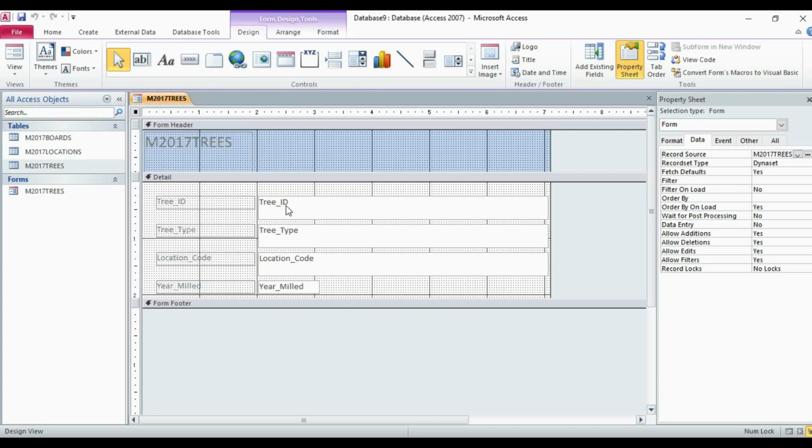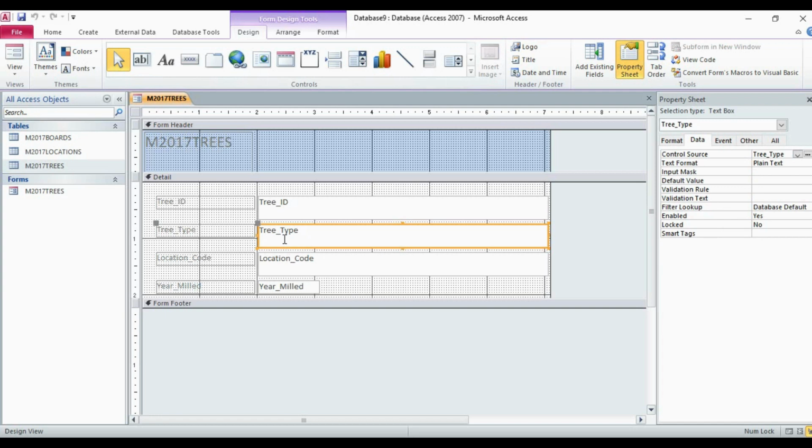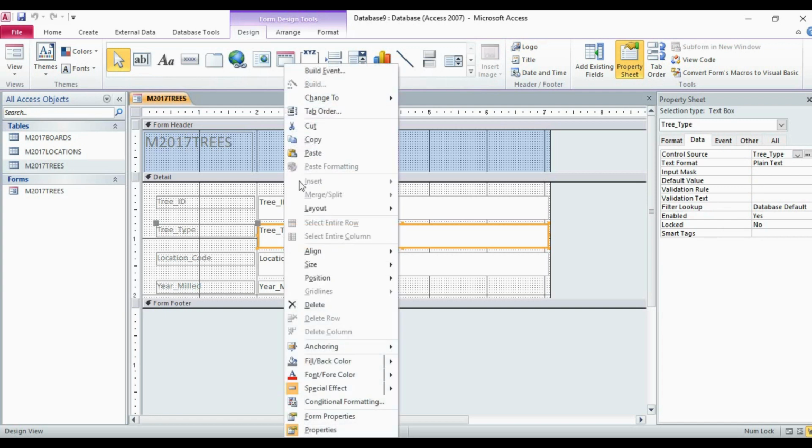Now you can see here this button, this is called the combo box. You have to go through the steps. So you have two options here. First of all, you can simply click on, suppose, tree ID and right click on this, then go to change to, then there will be different options available to which you want to change it.